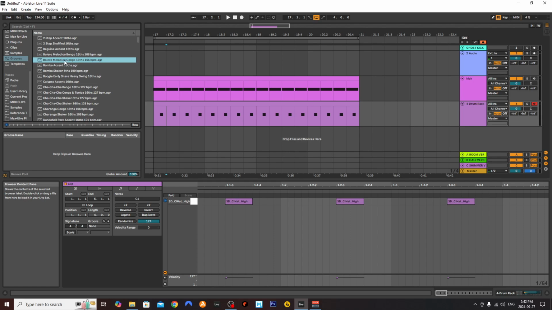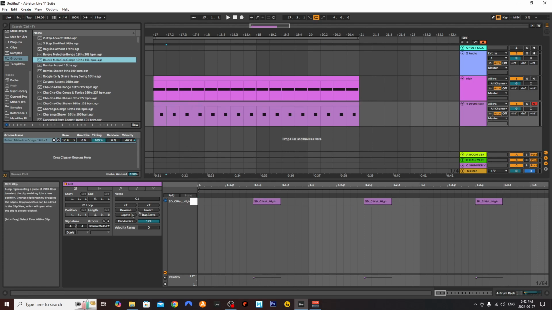so let's try that. Let's just throw the groove on here, and then we can apply it after we mess with the quantized timing, random, and velocity settings. Your velocity is going to affect the velocity of the notes depending on your percentage. Random affects random parameters. Timing is timing, and quantizing affects all your information down here. So anyways,